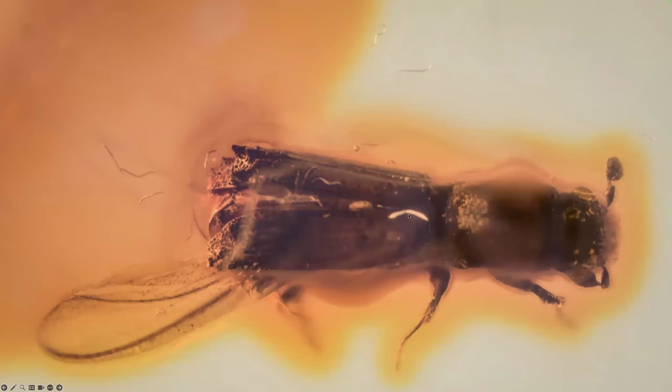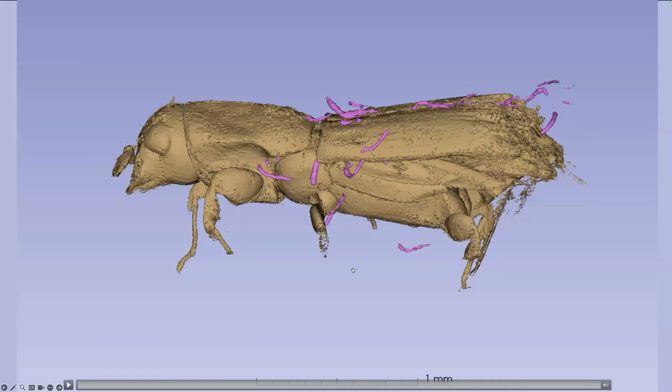So here is a new photo of that platypodid beetle and here's that kinky, wriggly one, all the little baby nematodes. And you can see that it's quite discolored, and the amber is a bit murky in places. It's also a very flat piece of amber. So we've got basically this side, the underside, we can look at, and the image is blocked by cloudy parts of the amber. And once again, in an